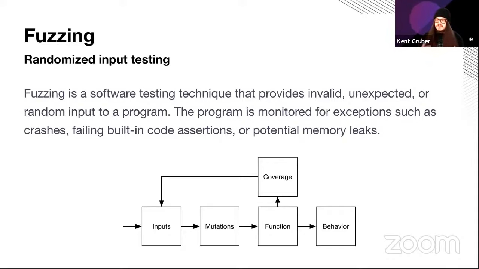This is a really good security testing technique to explore the problem space that you might not get from your traditional tests. It's just another form of tests that you can think about in that way, but with these unexpected inputs that you might not think about if you're manually writing these things. So to get an idea what the workflow of fuzzing looks like, we can look